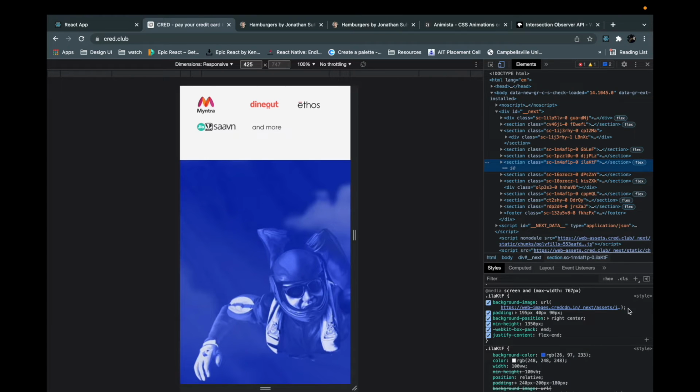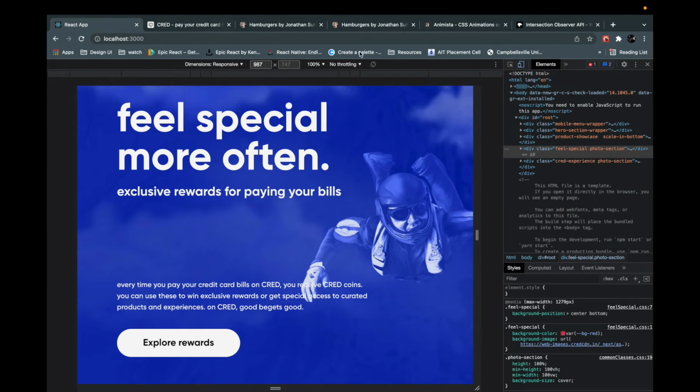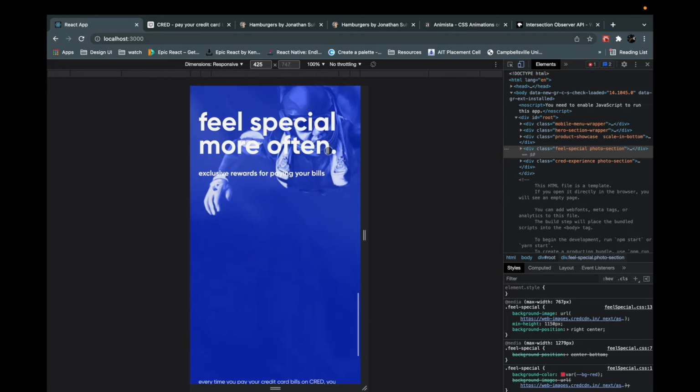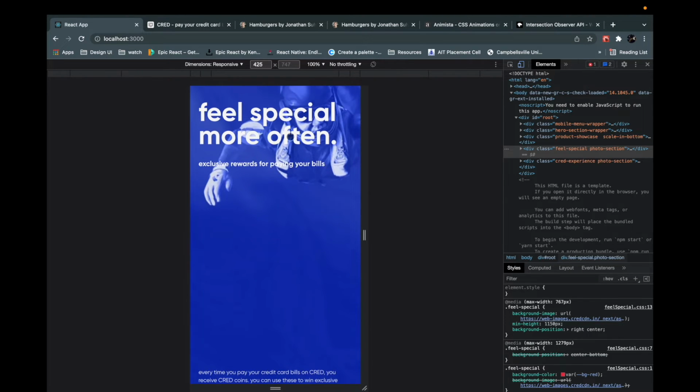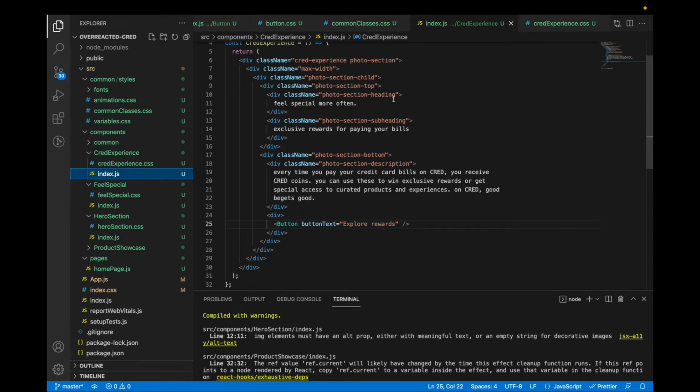So from here I will copy this line and I'll paste it inside my CRED experience, this. Okay, that's it. So now even our mobile experience button looks good. We have to change one more thing here. We'll have to provide more gap to this particular component just for this experience component, because the person behind this is hiding. So what we will do is, for this CRED experience heading, I will go to this and